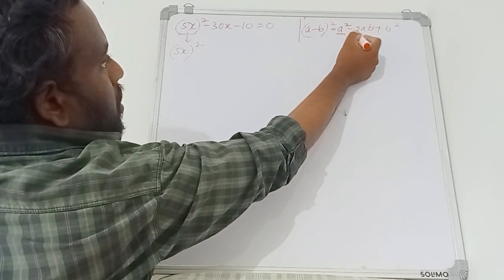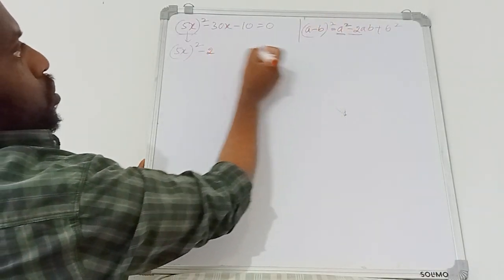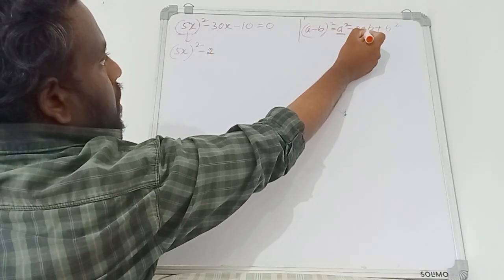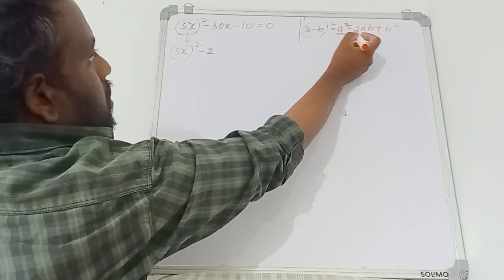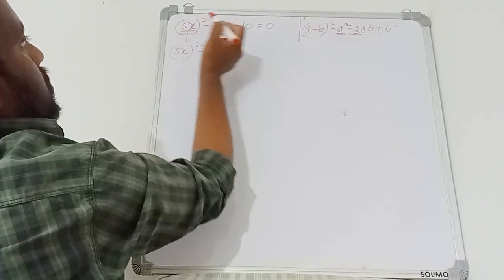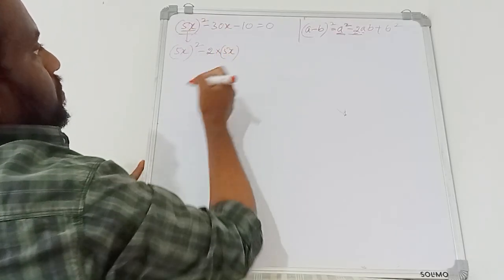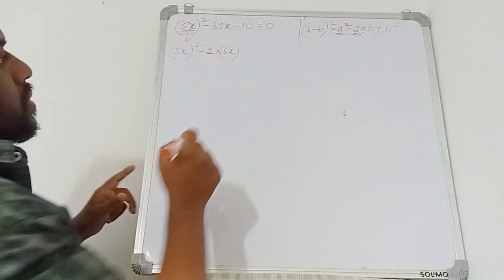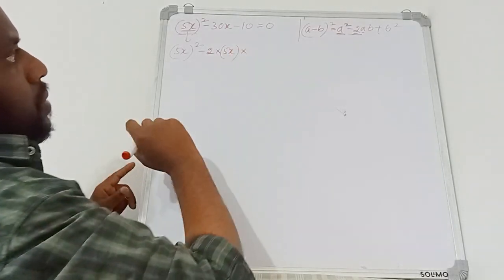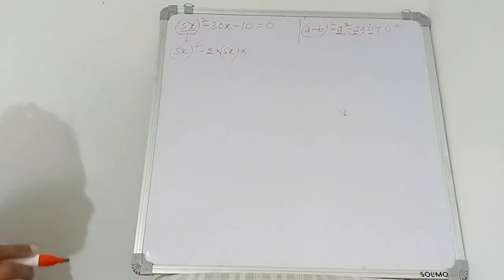Next consider this part, minus 2a, minus 2, this I am writing next to a. So in place of a we have 5x, so into 5x I will write. Next into this b we want. How to